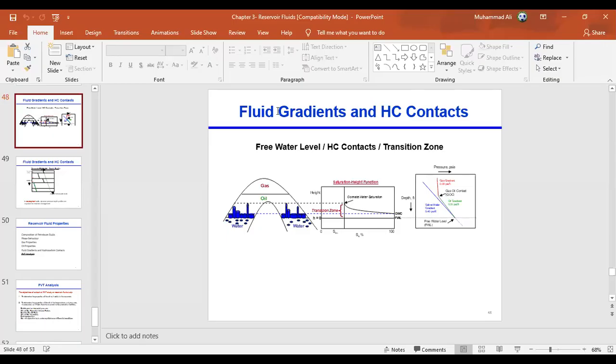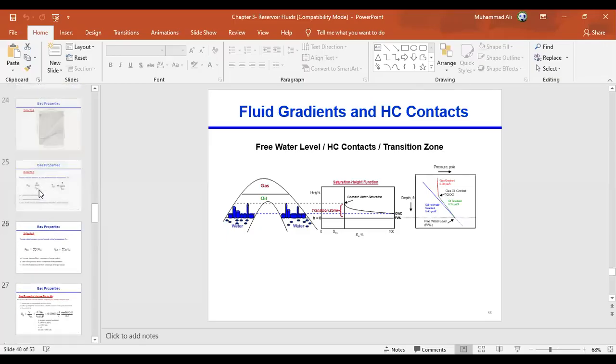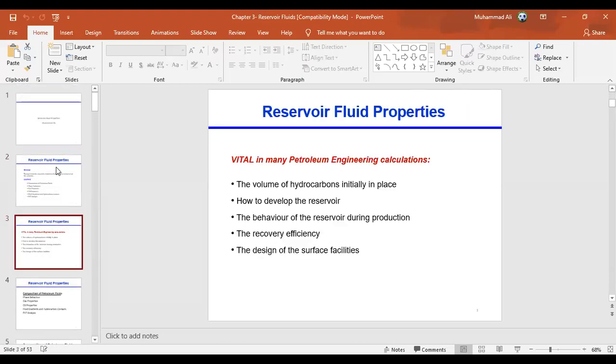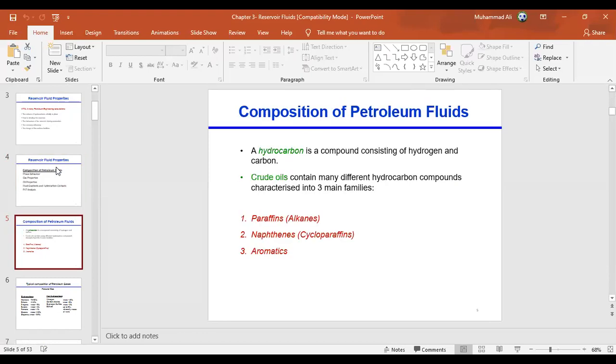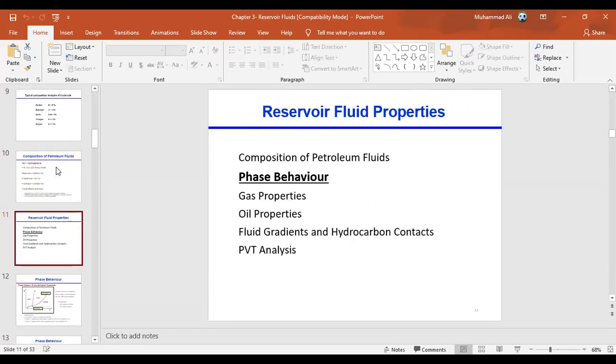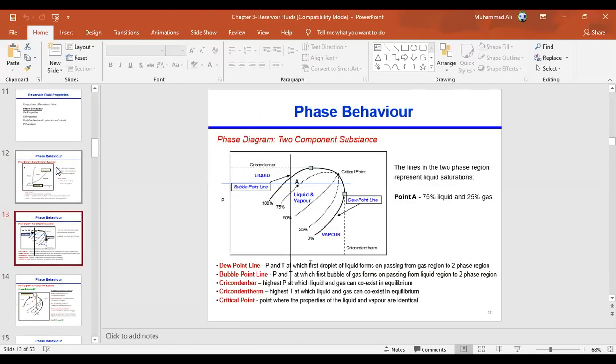Okay, we were talking about the reservoir fluid properties this time, and we talked about the phase behavior in general. We said that like a plan of a house, we have our phase behavior diagram, something like this one, which represents the reservoir. Every reservoir engineer in his office should have these kinds of phase behaviors, and every reservoir's phase behavior is different. Every reservoir's picture is different, and it tells us exactly at what pressure, what temperature, what is the condition